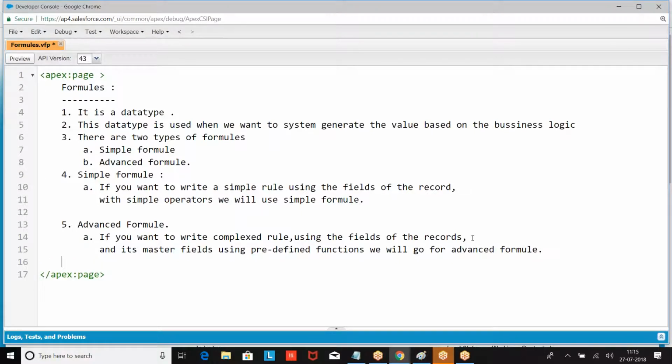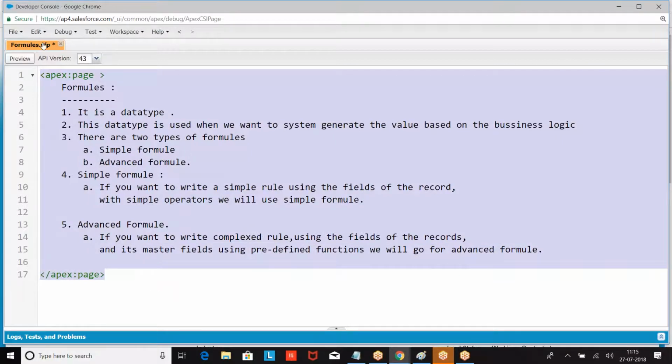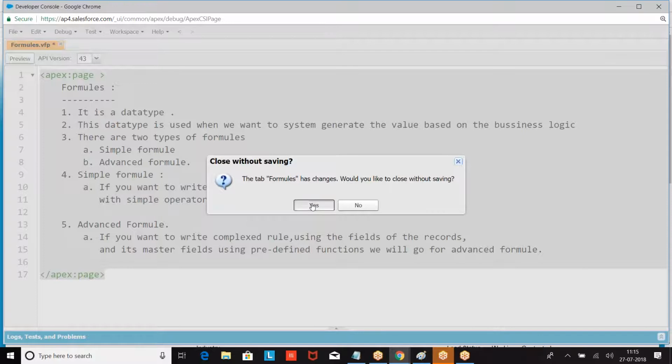We'll go for an advanced formula. Then let us take the next. If you are going for an advanced formula, we have some predefined functions. What are those predefined functions? How can they be used? Right. Now look at the next point.